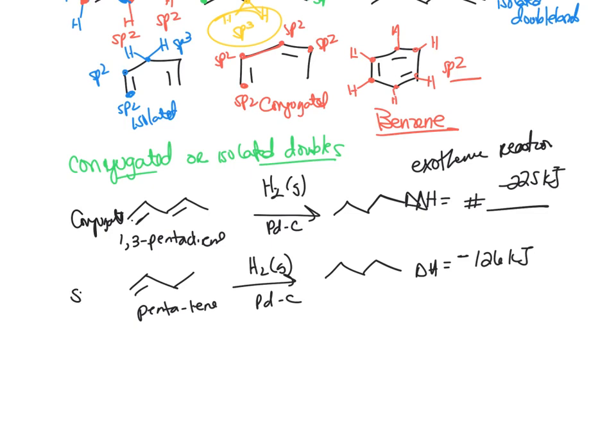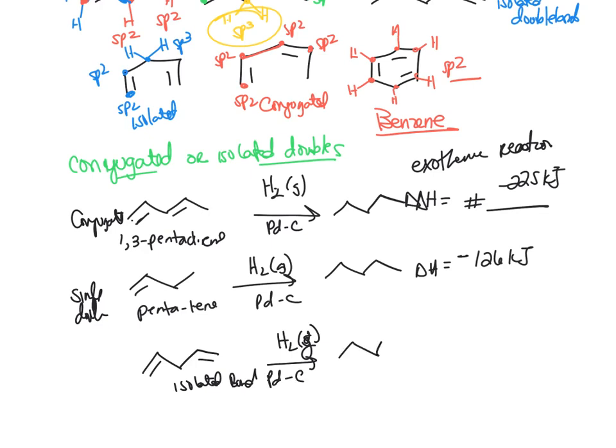This is just a single double bond. Now let's look if we do an isolated. So this is an isolated double bond. And if you take that all the way down to the alkane, that delta H is